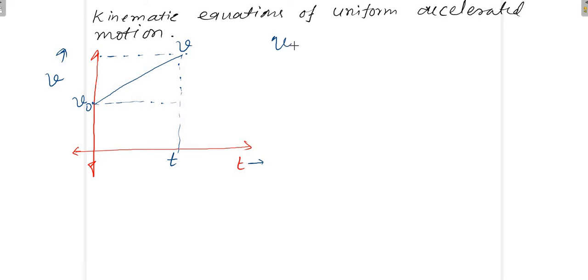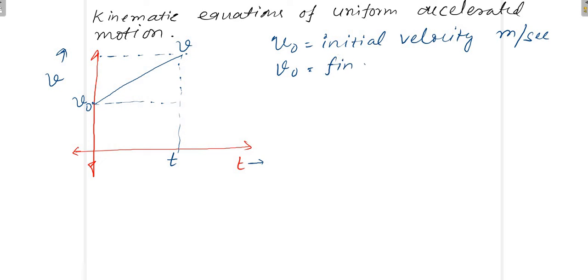So v0 is the initial velocity, of course in meter per second. v is the final velocity in meter per second after